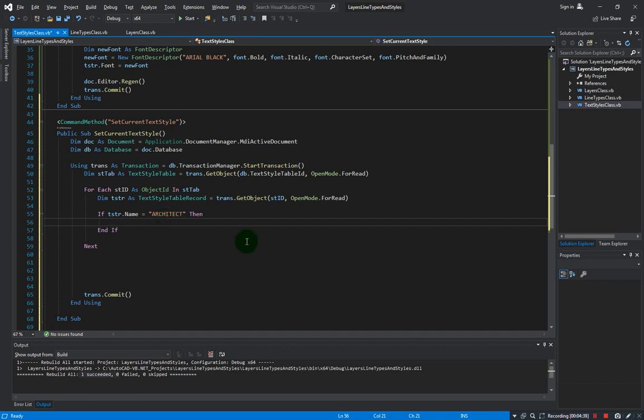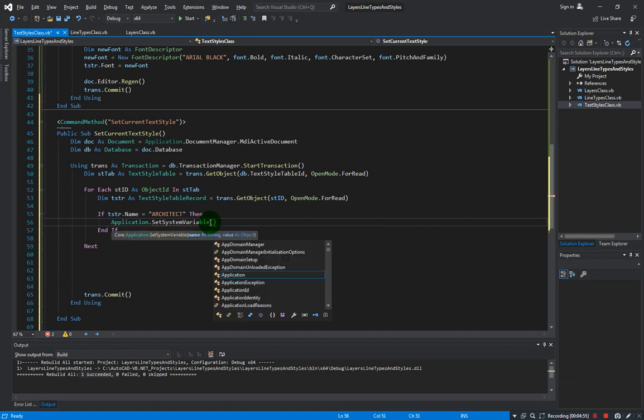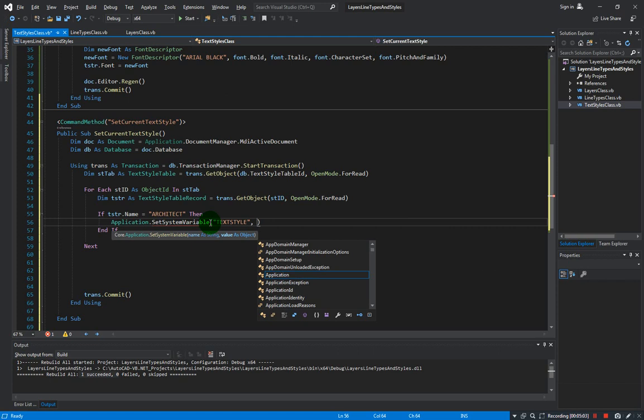So how do we do that? We are going to use the application that set system variable. So application that set system variable, that would be the text style, and the value is architect,